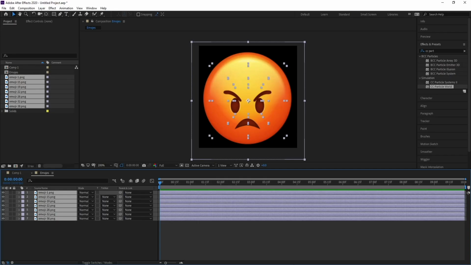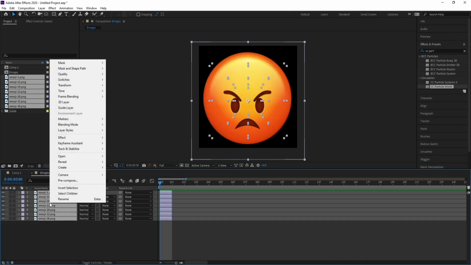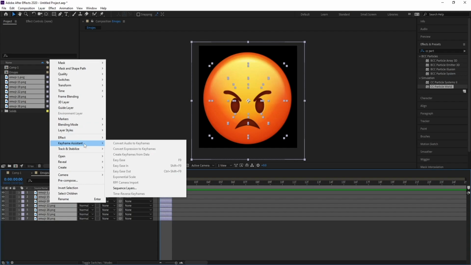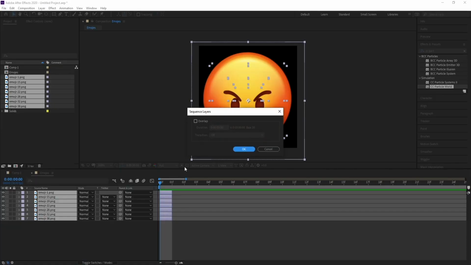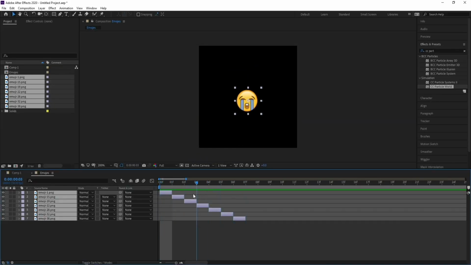Okay. Now I'll press Alt and close square bracket like this, but make sure that you are on the first frame. So now we have these layers, just one frame like this. Then select them all, right click, I'll go to keyframe assistant and sequence layers, and see. Okay, now we have a sequence layer,